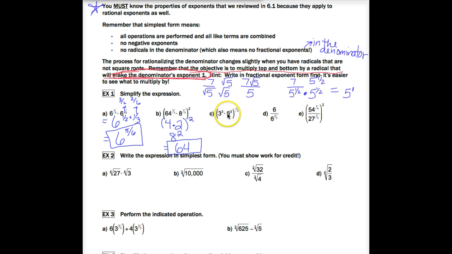Again, what's in the parentheses here, you can actually evaluate if you want to. I would prefer to distribute the power of a power because the rule with power of a power is to multiply the exponents. And I'd prefer to do that here since my numerator is 1. Now again, it does not matter what order you do this in. If you punch in the 3 to the 3rd first and then the 6 to the 3rd and multiply those together, that's perfectly great. I think it's a little easier in this case, because the numerator is 1, to just